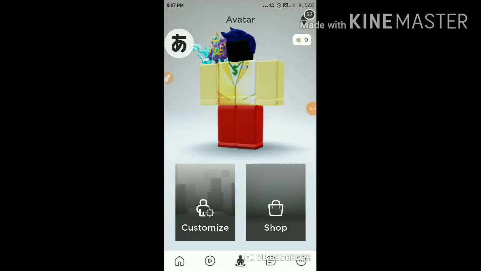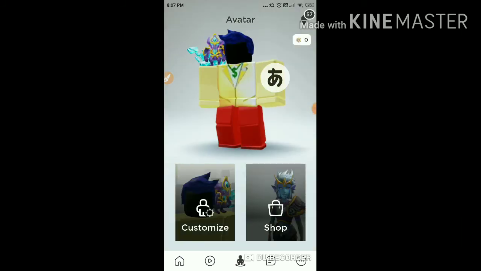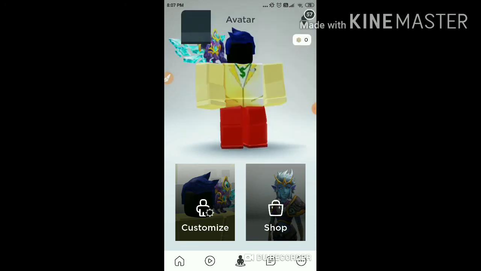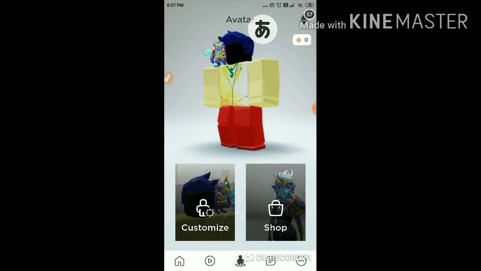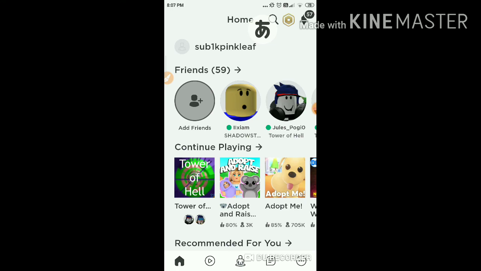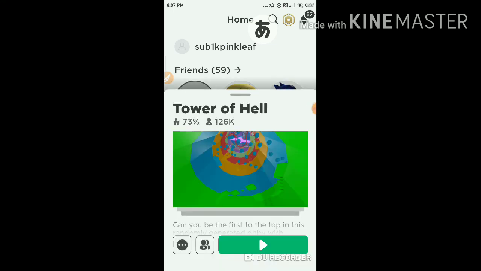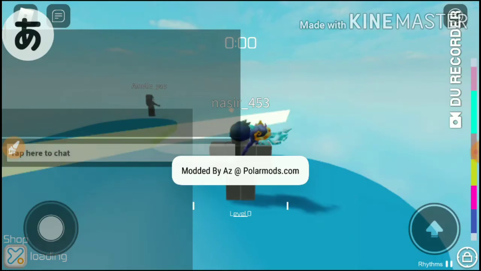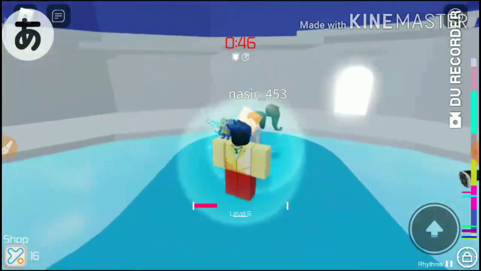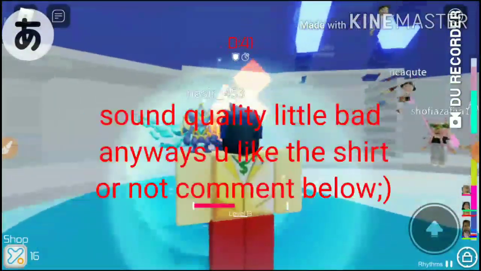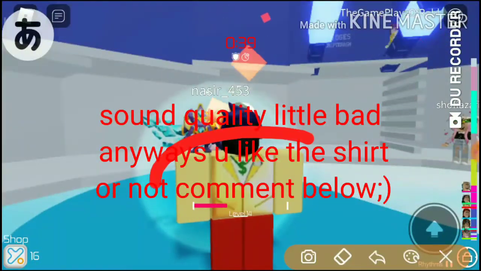Okay, so now check your avatar, guys. As you can see, now it's a soft yellow color. And guys, just tell me, it looks like we have a millionaire shirt. You can see it. Now let's play a game, and in the game also I will show you that our shirt looks like a real millionaire shirt. Okay, guys, as you can see, it's looking very nice, and no, it is not for robux, but we just made it for free from a place. You can see that shirt.